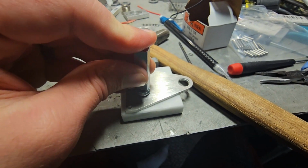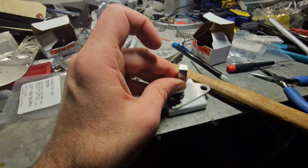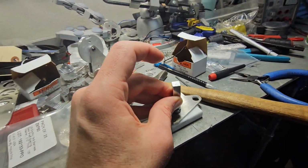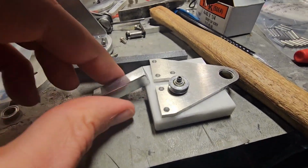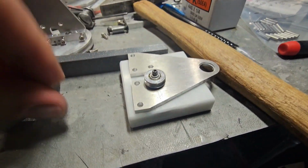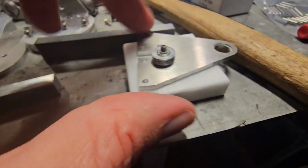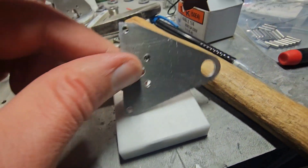Okay. And what that does, and it's going to be really hard to hold this while I'm hammering it. So, all right, couldn't hold it. So basically I put it on there, gave it a couple of taps with a hammer, and then it sits right down on there. And of course you want to make sure you have something underneath so this pin